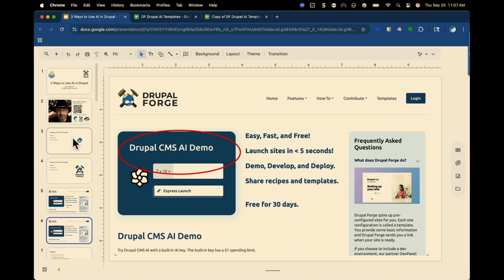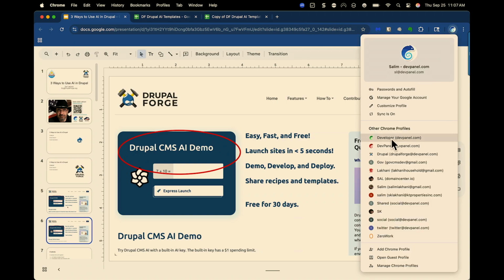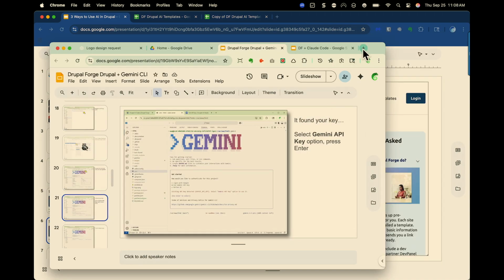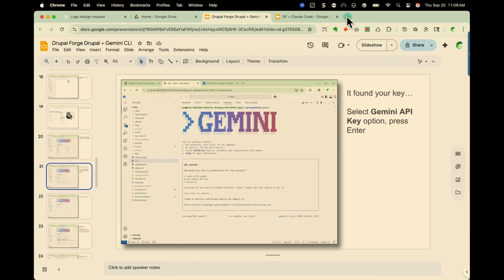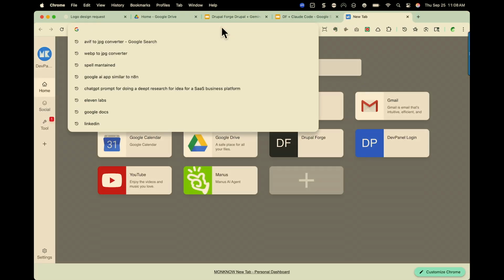So I'm talking about DrupalForge, like, you know, you can get into the editor, you can do this, you can do that. How many people have seen DrupalForge? Okay, let me do this. Give me a minute and I'm going to show you DrupalForge and what you can do with it, and then all this will make more sense, okay? Is that good? Yeah. All right. Okay, so let me go here. I'm going to bring up another browser here. And I'm going to go to,